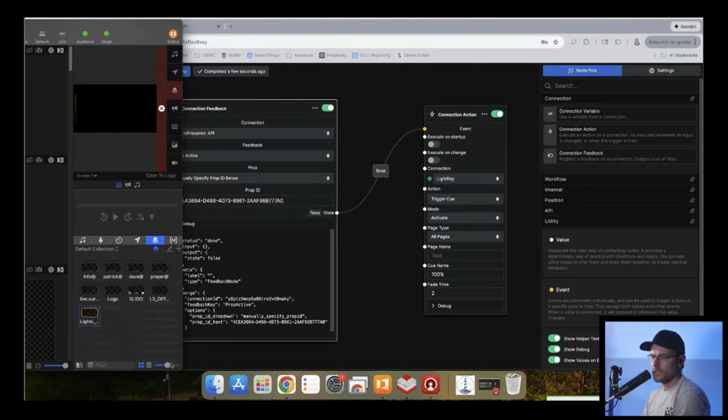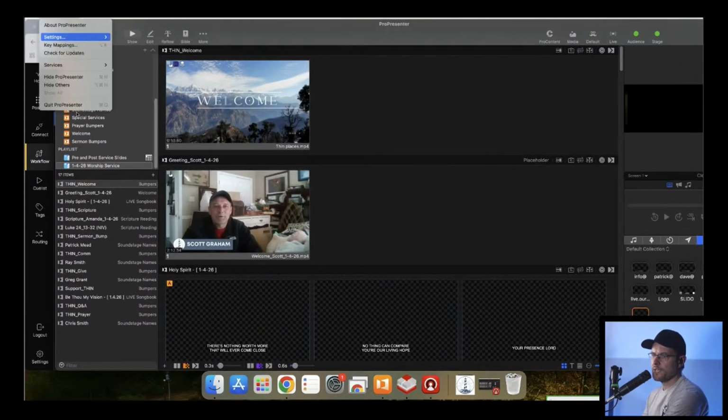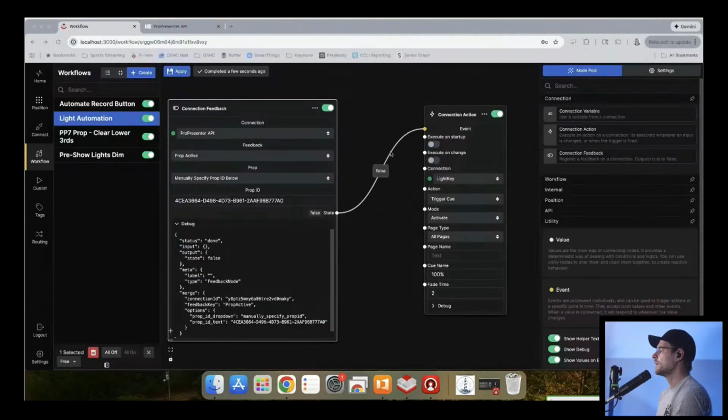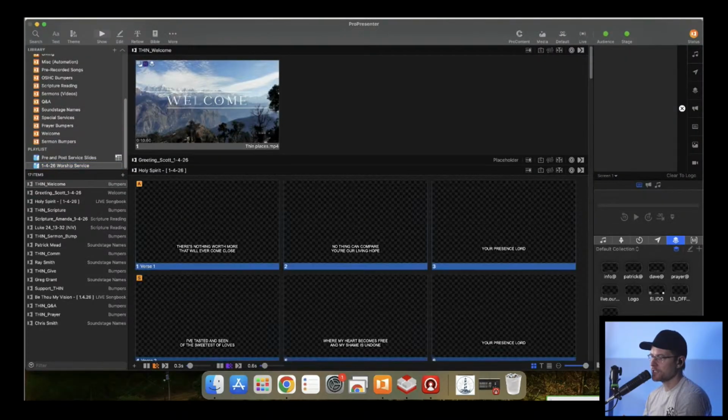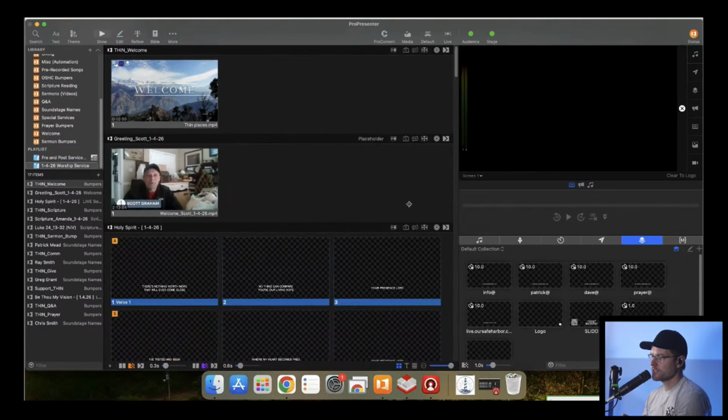Oh, here's something that I was having issues with. This is what maybe is going on here. So something I ran into that I probably need to pay attention to is I would make changes to the prop, and then I would notice that the changes didn't take place. Here's a good example of that.